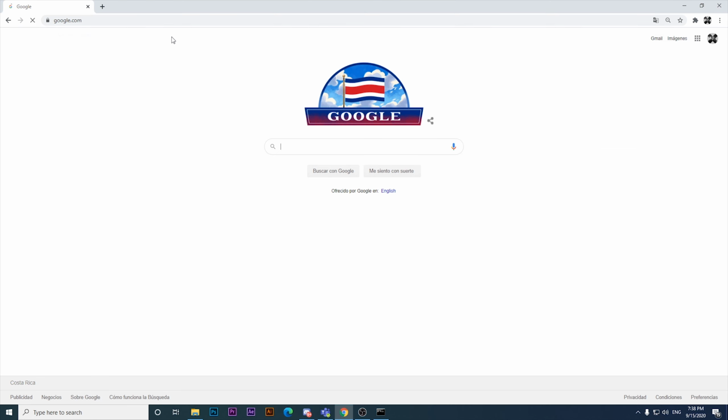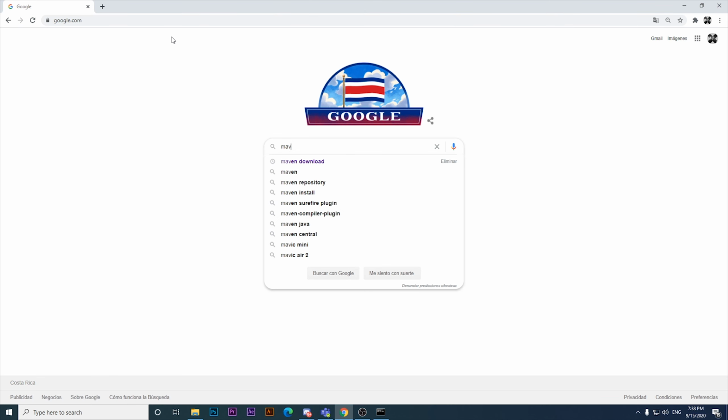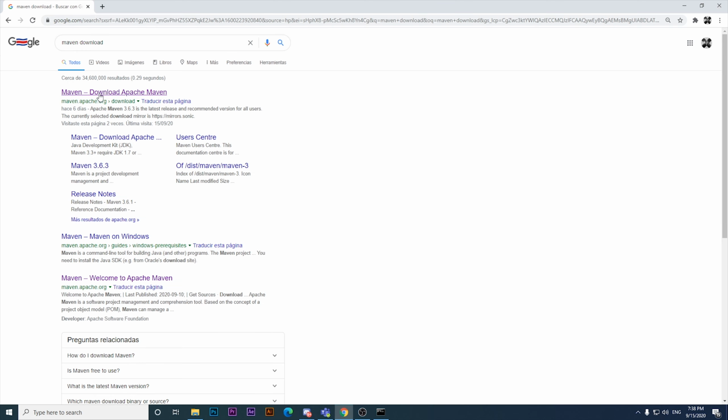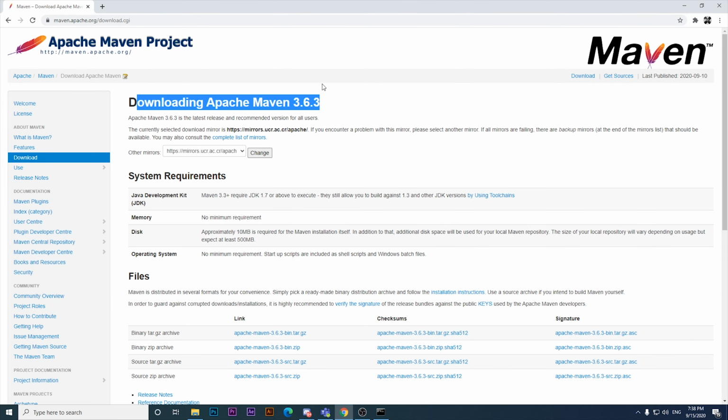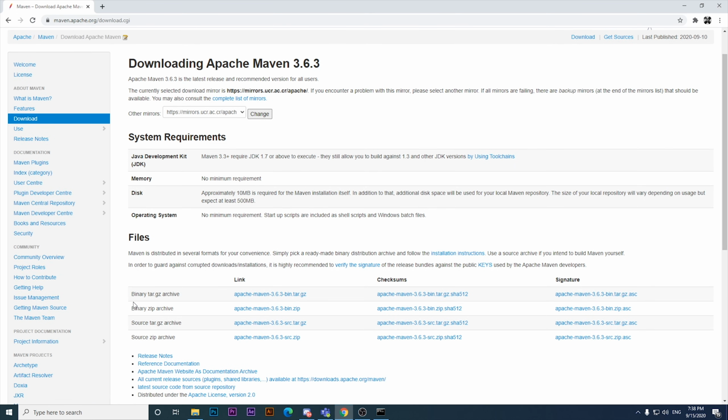All right, once it is done, the next step is to download the Maven technology. We are gonna look at Maven download in Google, and once we have clicked on the first search, we're gonna look for the file binary zip archive. Right, we're gonna click on the link right at the right of it, and we're gonna download that particular file. It is important to say that this zip